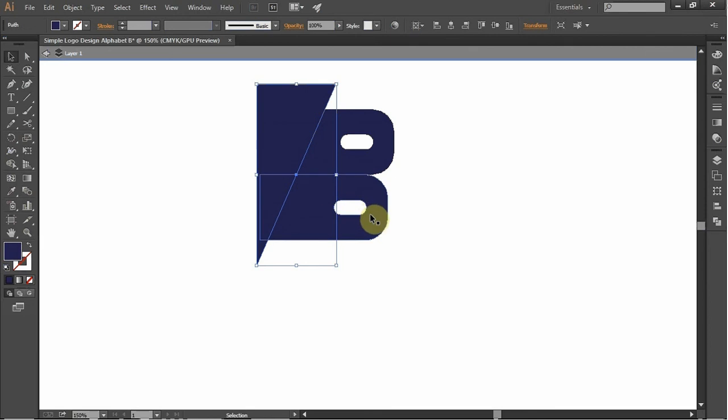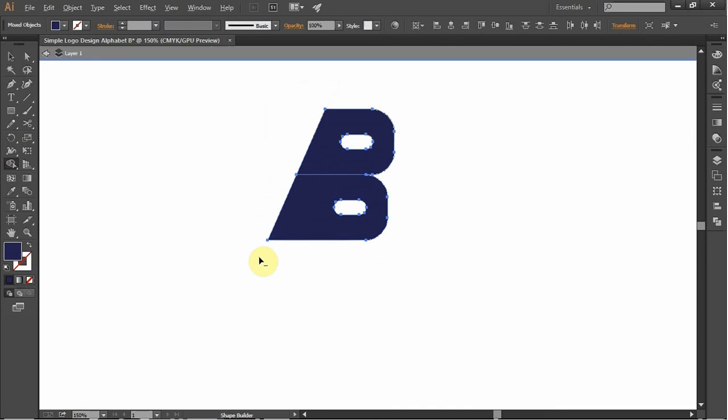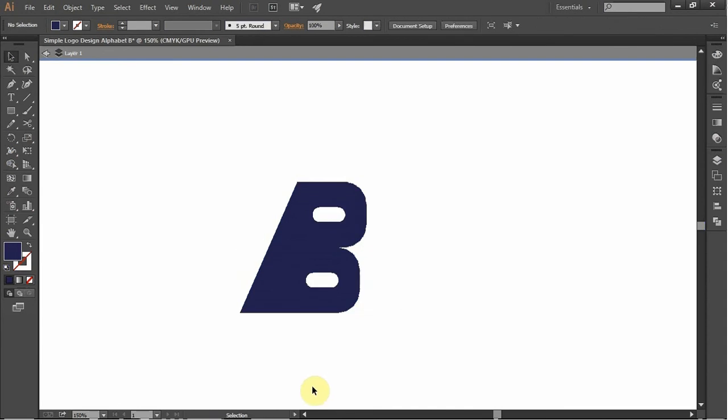Now what I'm going to do is select all these areas and using the shape builder tool and Alt on my keyboard, I'm going to erase these portions. Now basically what we have here is something like a B looking shape,